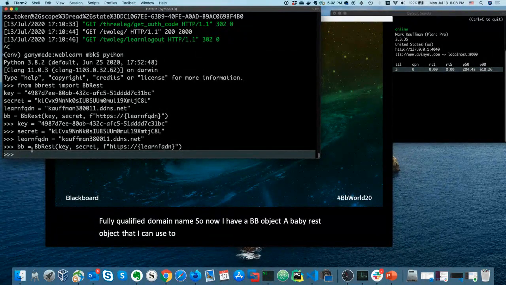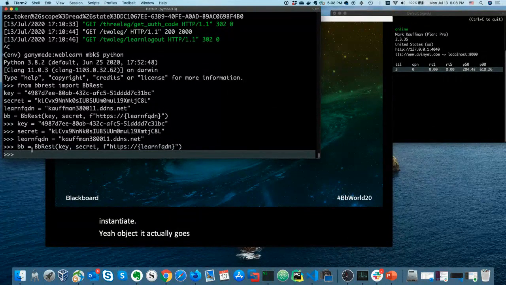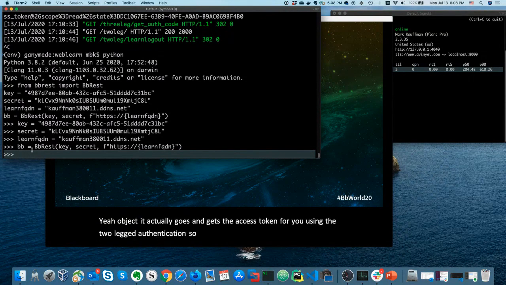So now I have a BB-REST object that I can use to make calls to Blackboard Learn. When you instantiate the object, it actually goes and gets the access token for you using the two-legged authentication. It makes a request to the token endpoint, gets a token, holds on to that, and will refresh the token when it expires. So you don't have to write the code for the refresh. It's just there. So now you can do things like